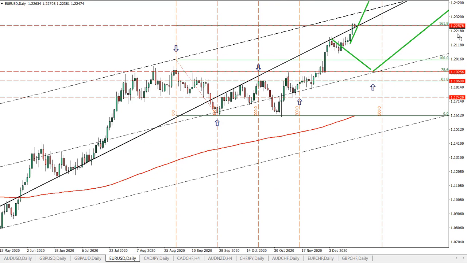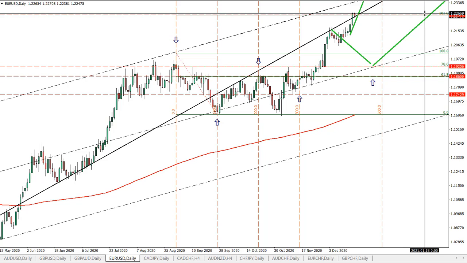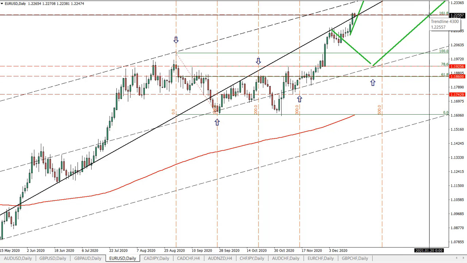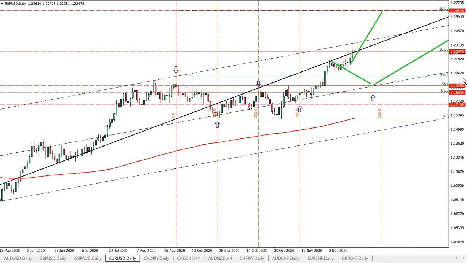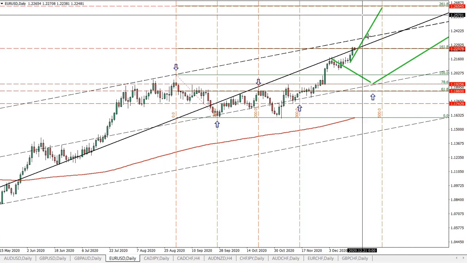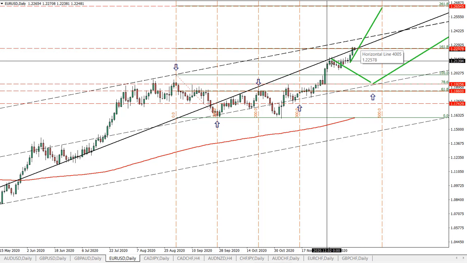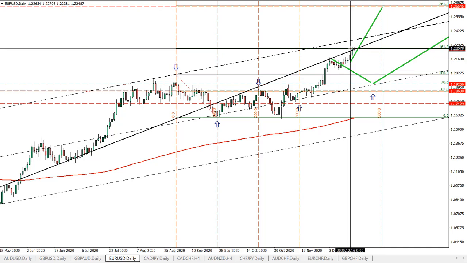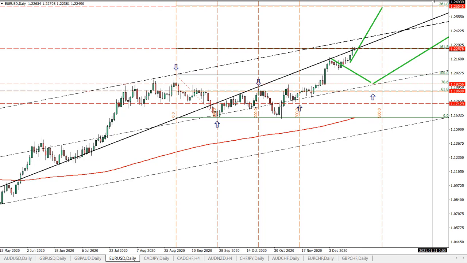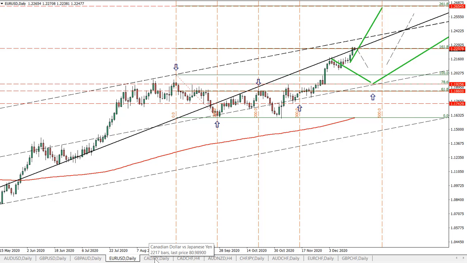The euro dollar trend is bullish. We can see the daily close was above the resistance at 161.8 pips. So this confirming further bullish intention of the euro versus dollar. But this could be tricky because upon these confirmations, usually there is a correction. While the trend is confirmed, maybe it will correct now. So careful. Trend bullish. As I said, nothing changed, but there could be downside move prior to the continuation of